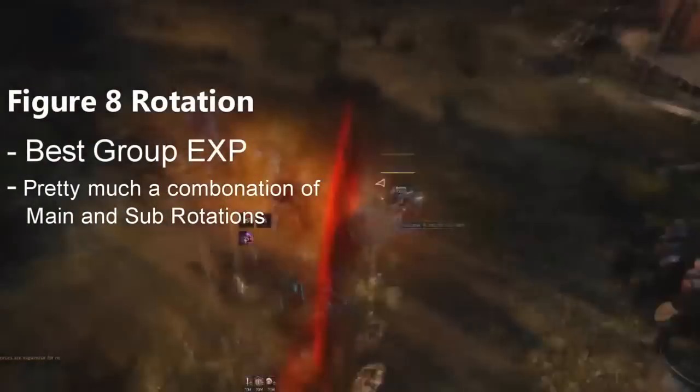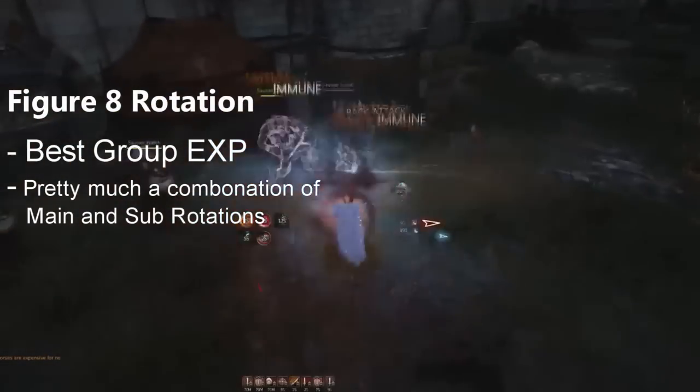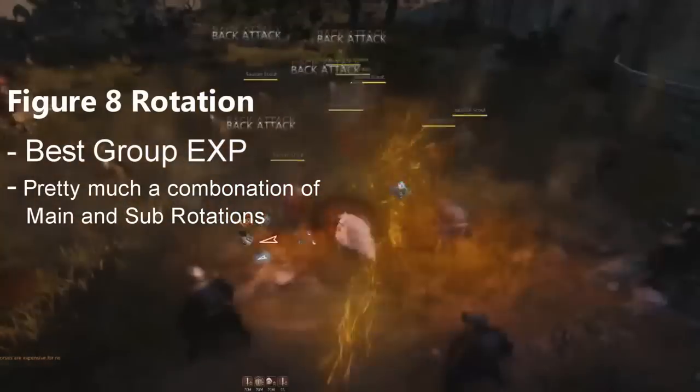Figure 8 is only recommended if you're in a party and are just clearing way too fast. All of the others are viable choices and get you great EXP and silver. If you ever want more,